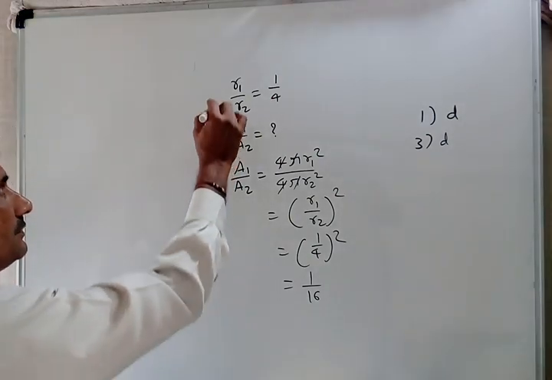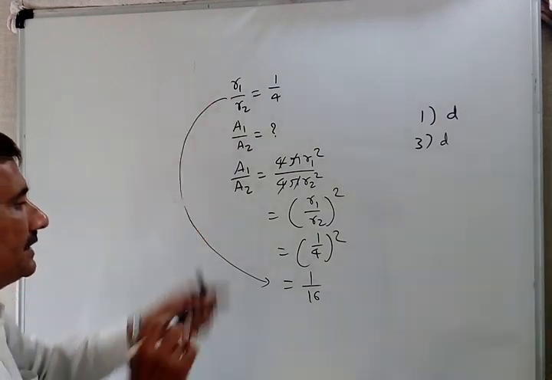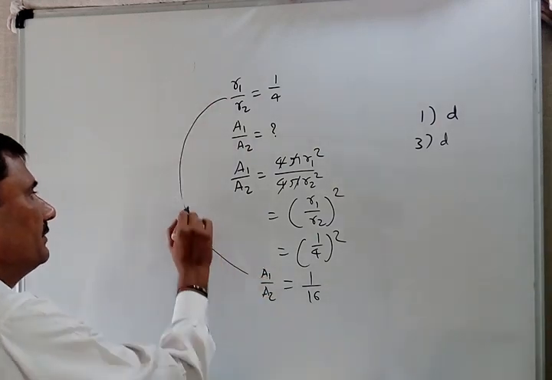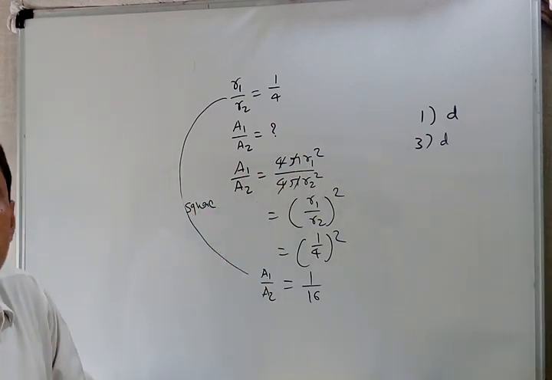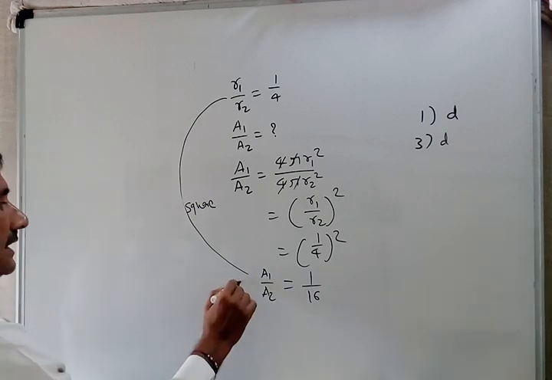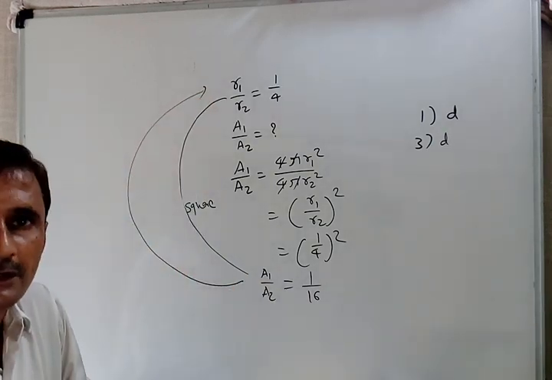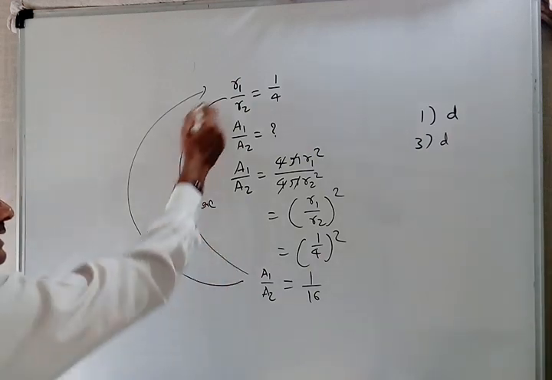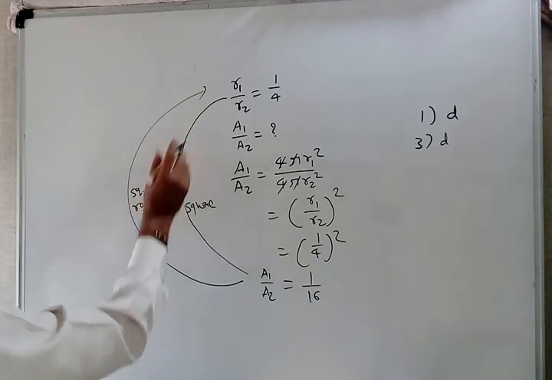Otherwise, you can also get a direct answer. If the ratio of radius to ratio of area is asked, then make it square. Why? Because in the formula, square is there. Sometimes they can ask in reverse order also. Suppose the ratio of area is given and they want to find the ratio of radius, then you can take the square root. So here, square root. Just remember that way also.